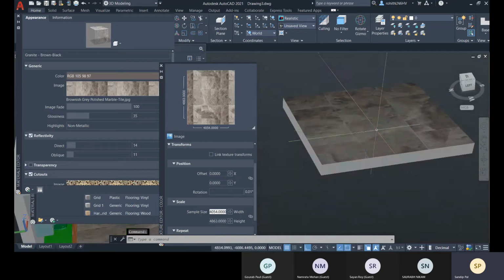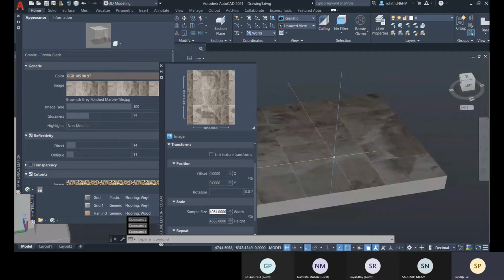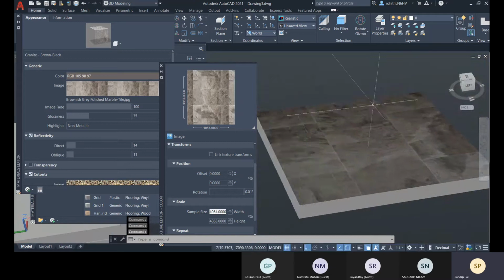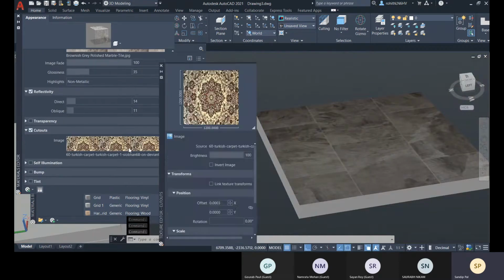Now this one single image covers this total surface, and now let me show you with this.